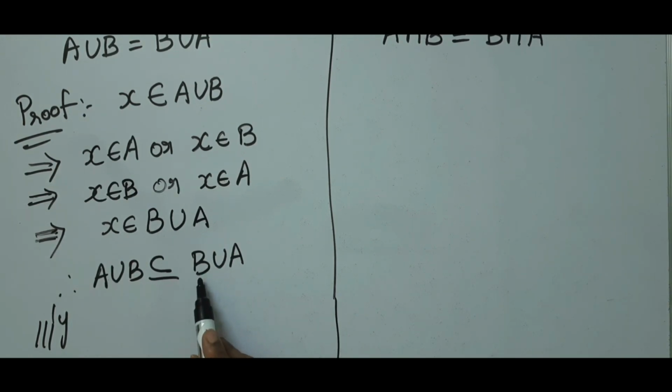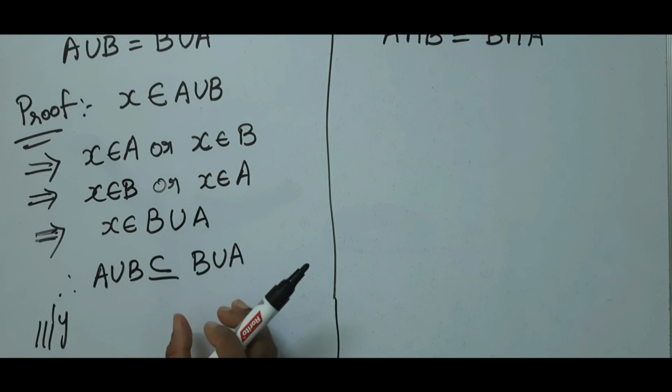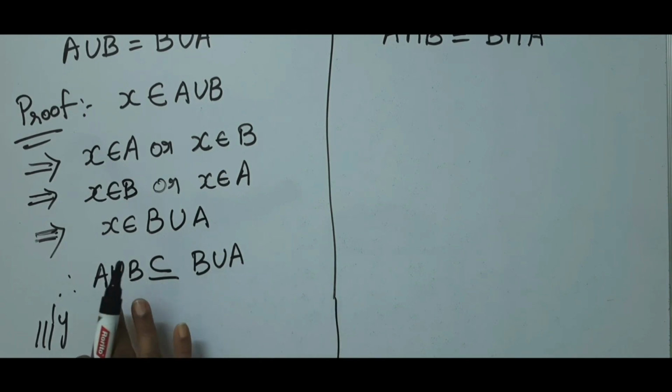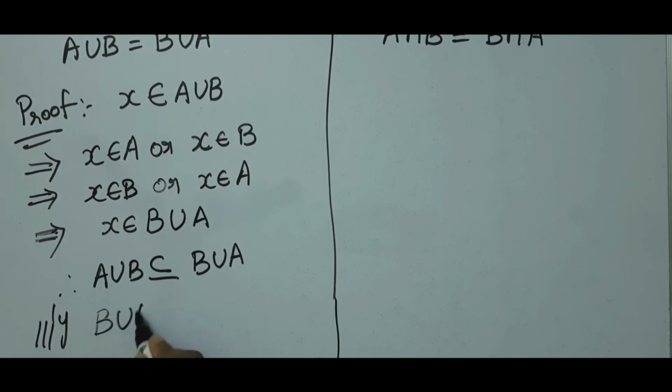If you see any other sets, that is, if you see B complement and A complement, then we have to take another element and show that this is a subset of this. As the sets are the same, only the operation between these two sets differs. So we can say it is clearly understandable that when the elements of this are in this, the elements of this are also in this. So B union A is a subset of A union B.